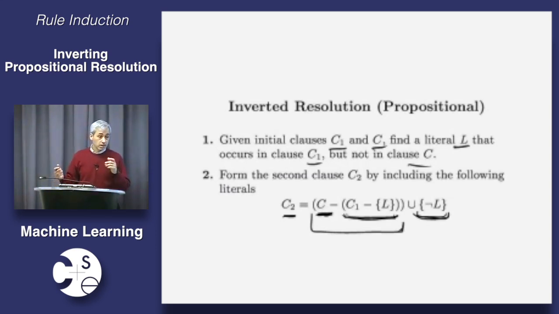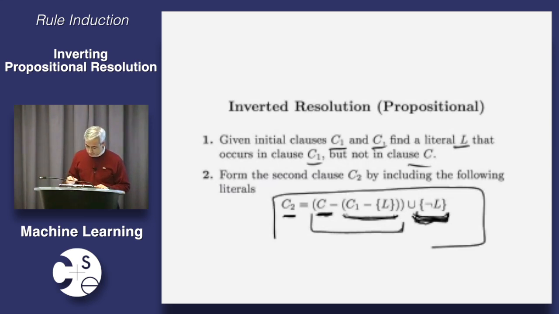And in addition, of course, C2 has to contain the negation of L to make sure that it cancels with L and the resolution goes through and L no longer appears in the resolvent. Okay? Everybody agree? So, here in one nice little formula is a very interesting idea for doing machine learning, for doing induction by inverting deduction, in particular by inverting resolution, which is the most widely used approach to deduction. Okay. Any questions? Very good. But of course, this was the